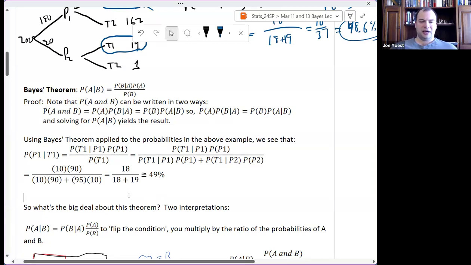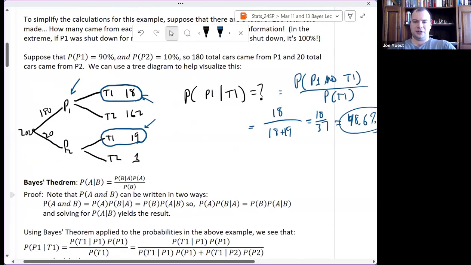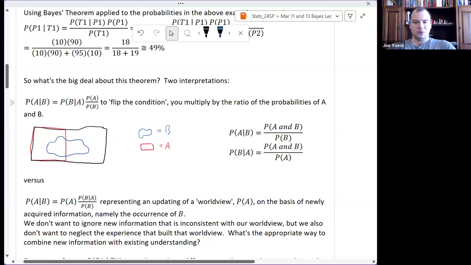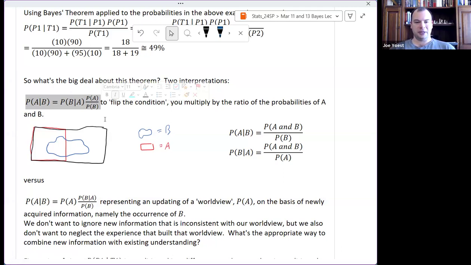So you might ask yourself, okay, it's maybe a nice little trick. It can maybe save a couple lines or save drawing a picture or something. Why am I making such a big deal about this theorem? Why did I specifically want to wait till after chapter 5? Well, there are two ways that we can think about this. There's the very frequentist way. I've hinted a couple of times that there are different philosophical interpretations of probability.